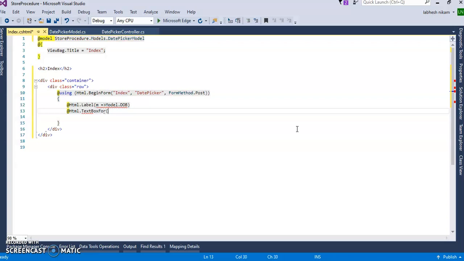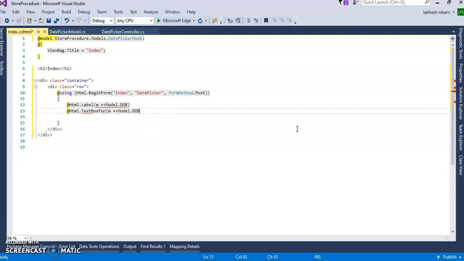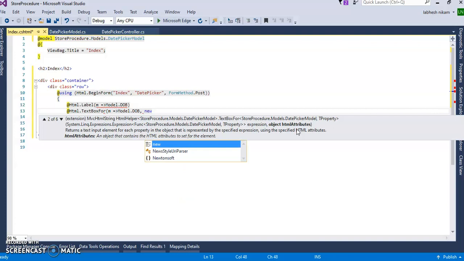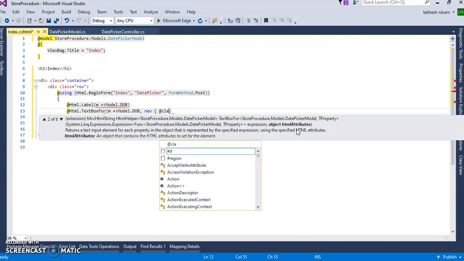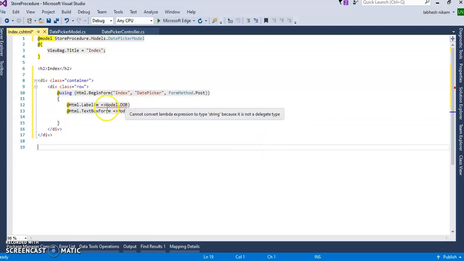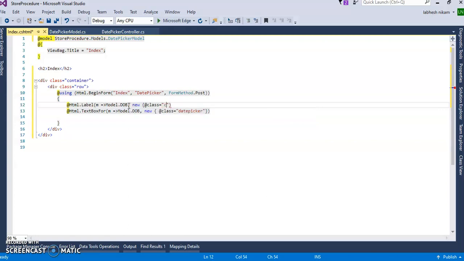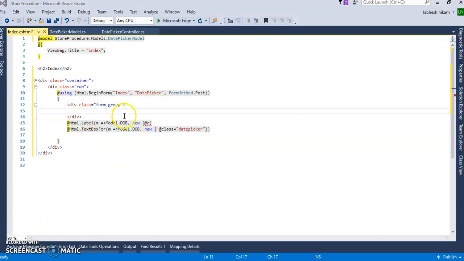and inside of that we'll call m, the Model.DateOfBirth property, and use new { class = "datepicker" }. Okay, new class equal to control-label, and a subdivision class equal to form-group.